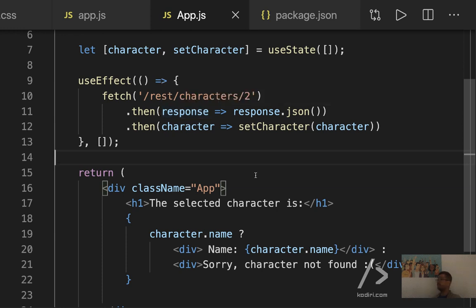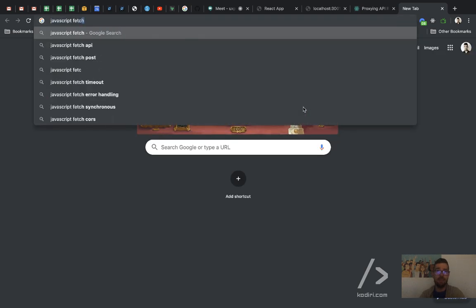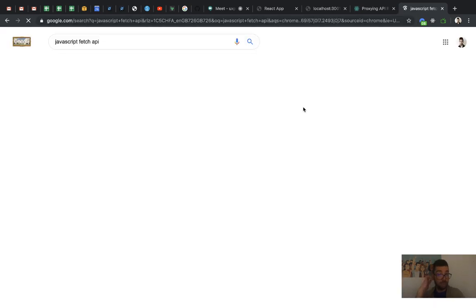Did you use fetch because it was a get request? That's a really good question. No. Fetch works all the time, regardless of whether it's get, post, put, whatever, yeah? Actually, this is the most simplistic way of using fetch, but there is the fetch API, so JavaScript fetch API, you will see